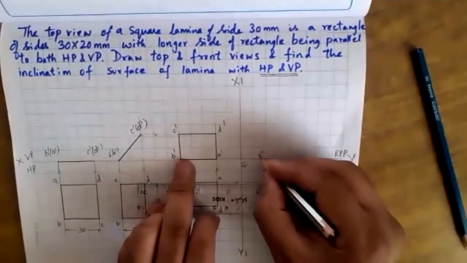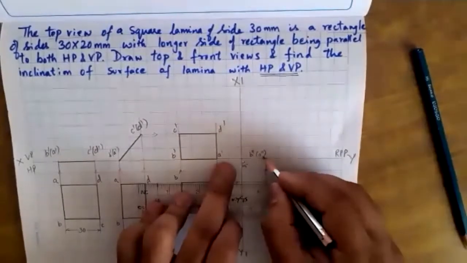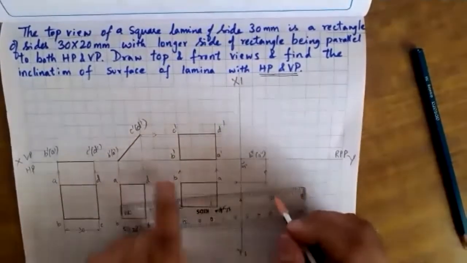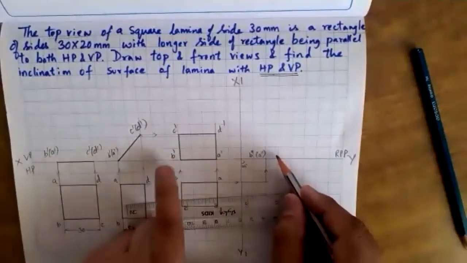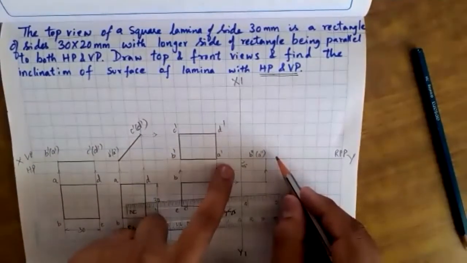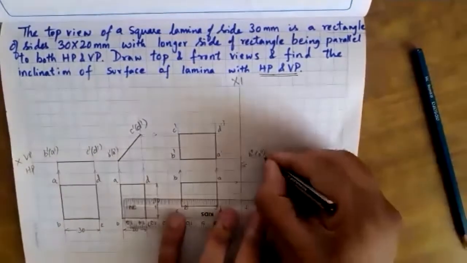So first I am seeing B and then A. So B double dash and A double dash, see here, look here. When looking at this figure, this is B and this is A. So first I am seeing B and then A and projecting it on the right profile plane. So A will be inside the brackets, that is this position.